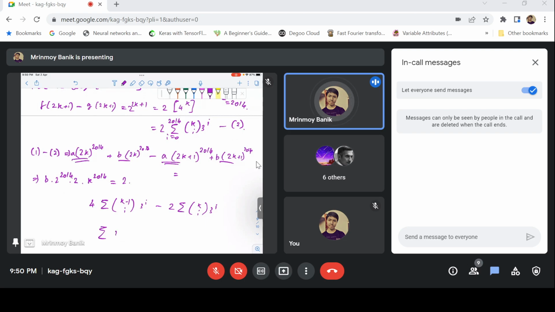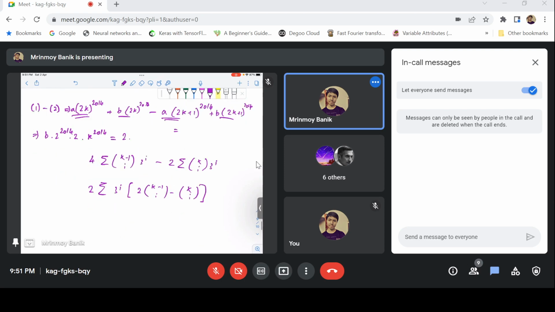So if we take 3^i common, we have 2 also common, then 2 times the sum from 0 through 2000. This thing is